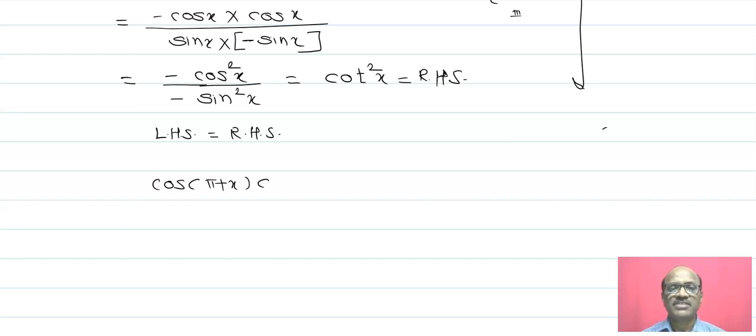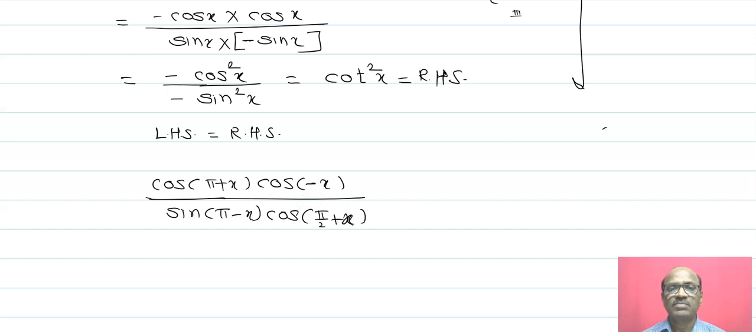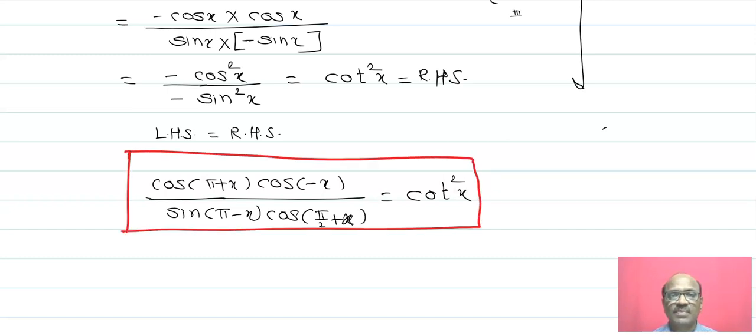Therefore cos of (pi plus x) and cos of (minus x) upon sin of (pi minus x) into cos of (pi by 2 plus x) is equals to cot square x. Hence it is proved. Now next,